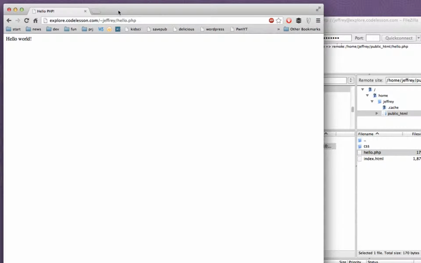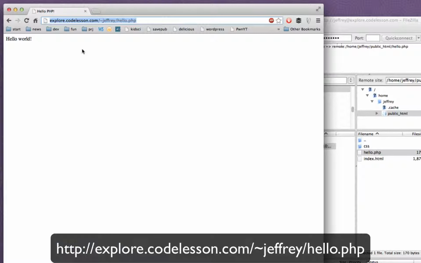But because our web server will redirect all requests to your home directory into your public HTML directory, the trick here is that you have to remember that when you want to load one of the files in your public HTML directory in a web browser, step one, like we already discussed, is that it's already got to be in your public HTML directory, right? But you don't include public HTML in the URL in the browser. You leave that out. There's no reason to put it in there, and if you put it in there, it won't work anyway, right? So the syntax in here, and I'll put it up in big letters so that you can see it, is